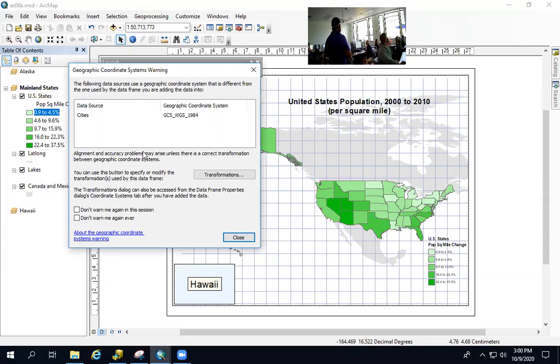And here comes the problem. It gives me an error message. I want to also snip this error message. This error message tells me that I need to transform the cities from this kind of coordinate system to this kind of coordinate system. So I need to fix that. The computer will do it on the fly. So when I click close,